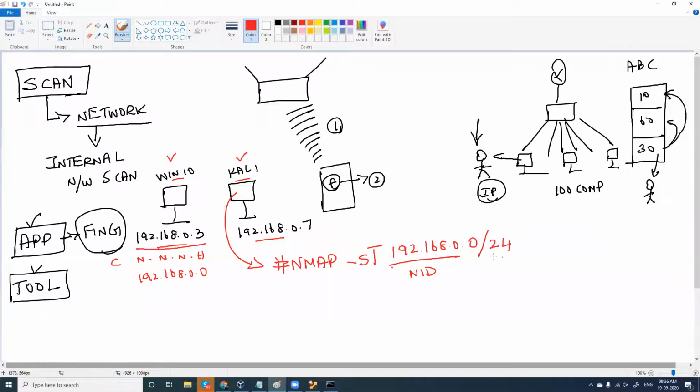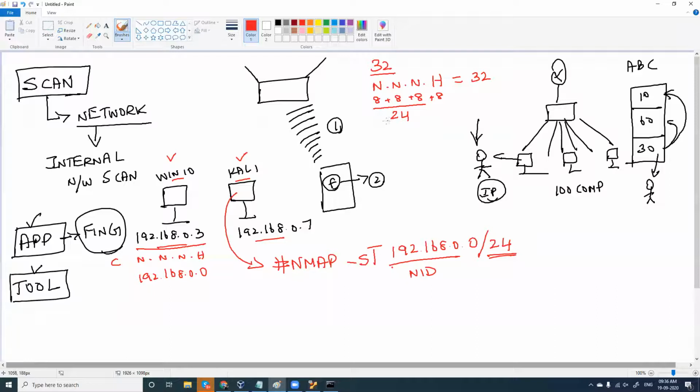Fine. So I'll tell you why we give 24 here. You all know an IP address is 32 bits. For a class C IP address, we have 3 network portions and 1 host portion. Combined together, it is 32 bits. So it is 8, 8, 8 bits, and 8 bits. 8 plus 8 plus 8 plus 8, we have 32 bits. Now you're concerned only about your network. You're scanning only your network. So how many bits do we have? 8 plus 8, 16, 16 plus 8, 24.